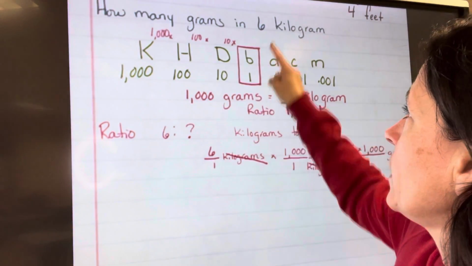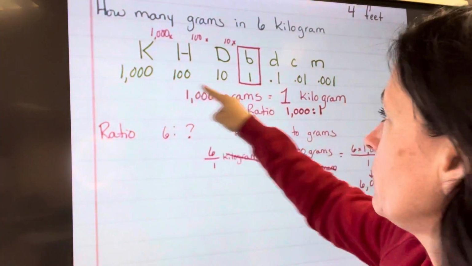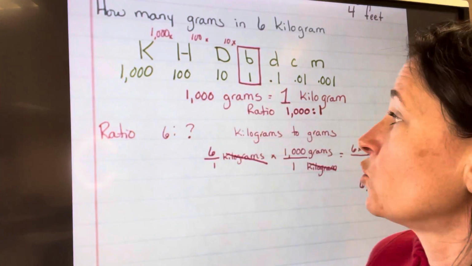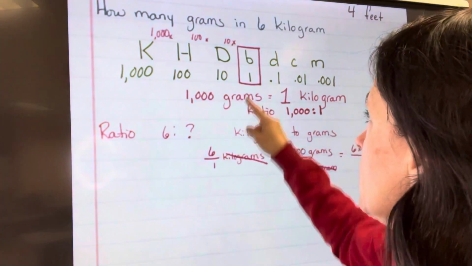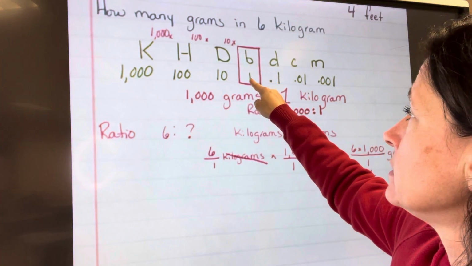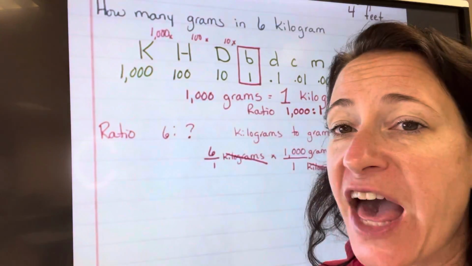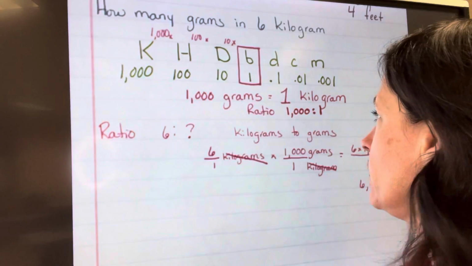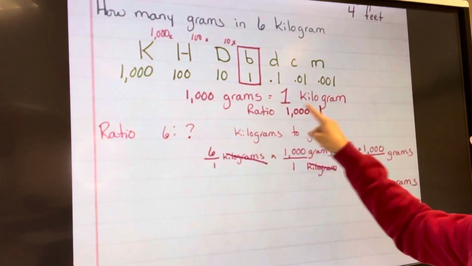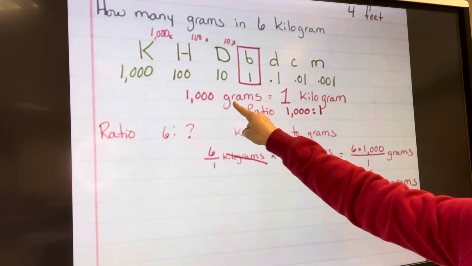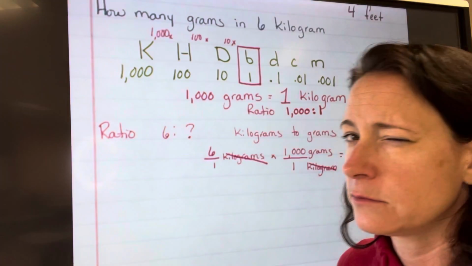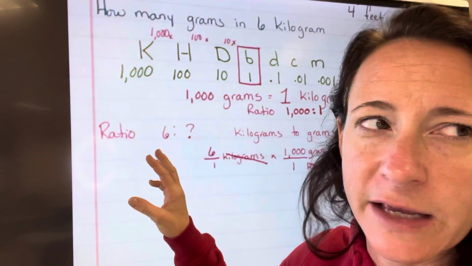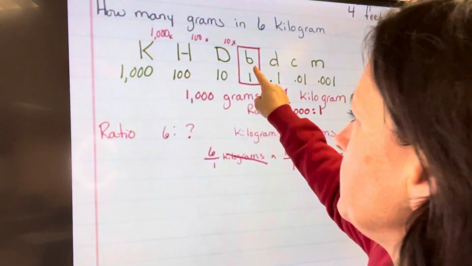But so we have 6 kilograms. So I've created my table. My base unit is 1. That would be just gram, 1 gram. And 1,000 grams is the same as 1 kilogram, using my conversion chart to remember all of that. So I wrote it here, that 1,000 grams is the same as 1 kilogram. Okay, just to explain this a little bit, I think I just said 2 words backwards. But